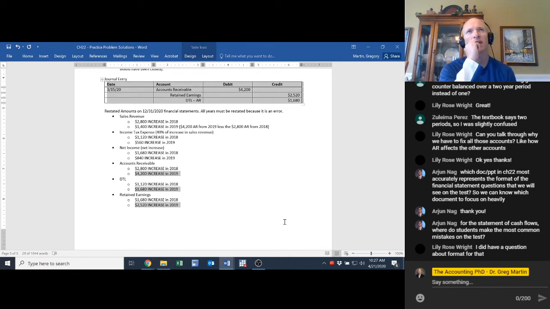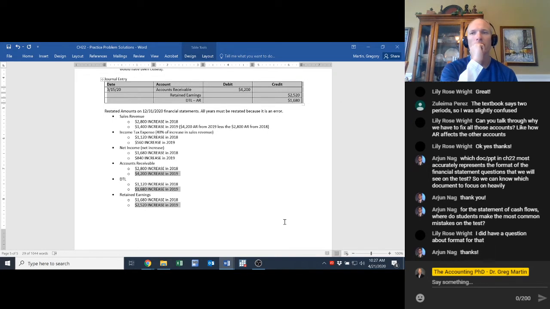With the statement of cash flows, typically where they get hung up is in the investing section, because that's kind of where the puzzle has to come together. Most students get the operating section pretty well. It's really that investing section where students struggle, because each puzzle is a little bit different. Sometimes they get a little hung up.